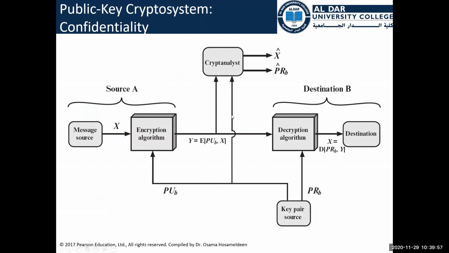We have said that you can use the other party's public key. As we have seen here, we have the public key of destination. We are going to use the public key of the destination to encrypt our data. Then,